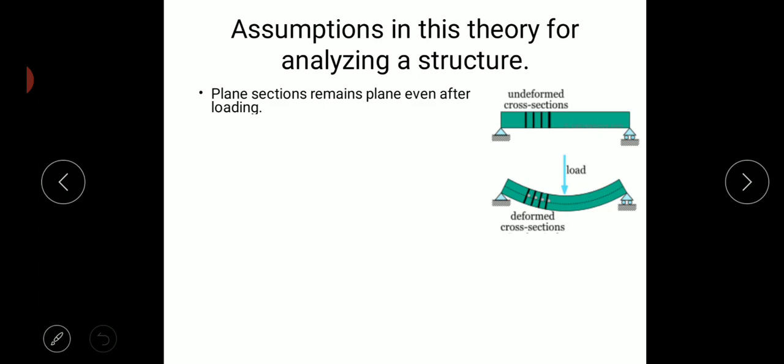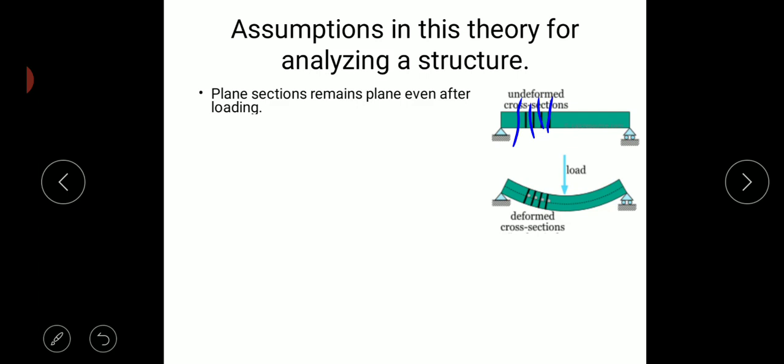If a small portion of the beam is sectioned here, you can observe the black color marks which show the sections across the beam. That is a flat portion of the sectioned beam. It always remains flat because, compared to the length of the beam, the sectioned length is very small. Therefore it will be flat enough. So that flat portion of the sectioned beam will always remain flat even after the loading.